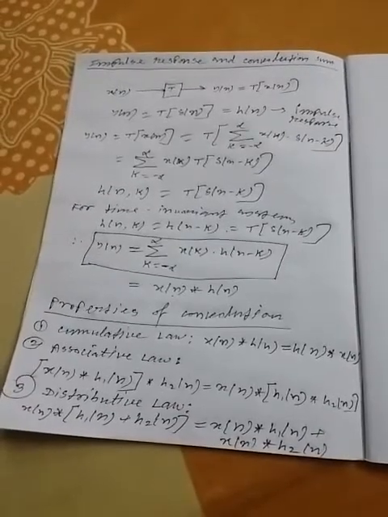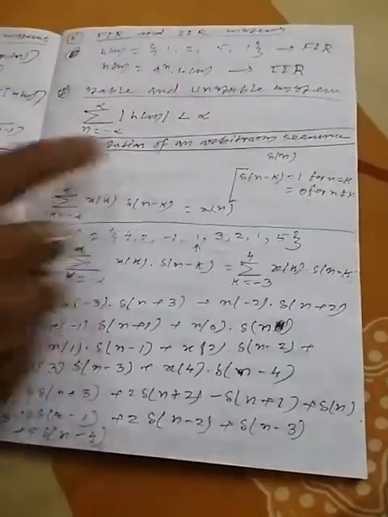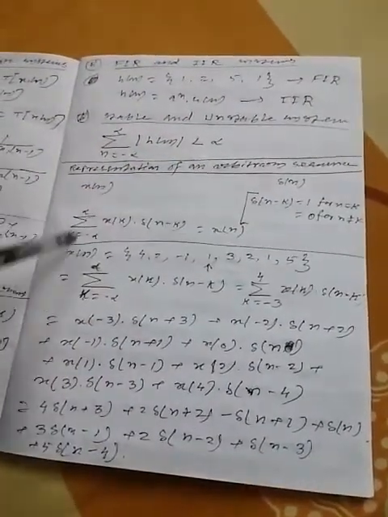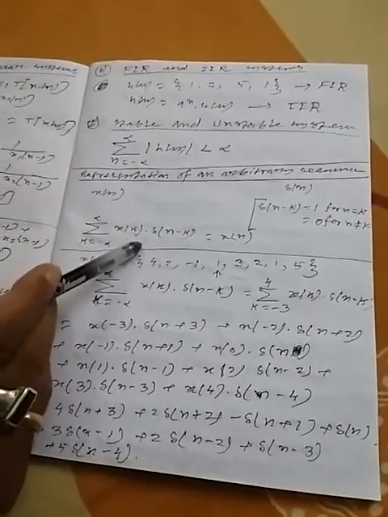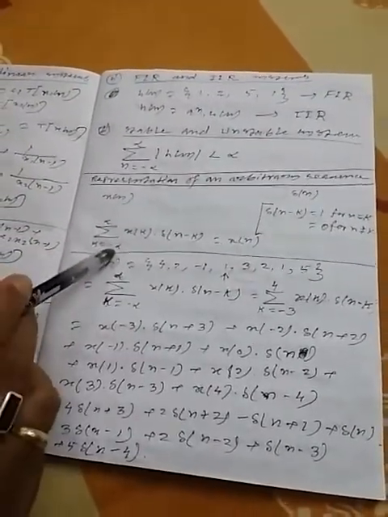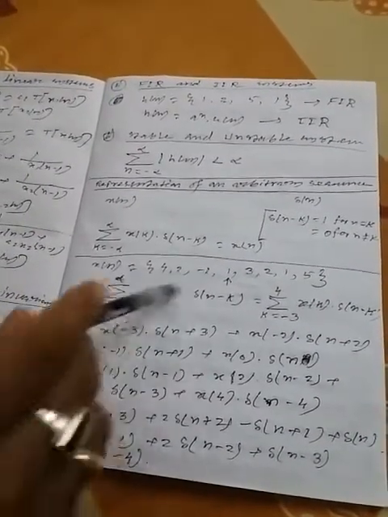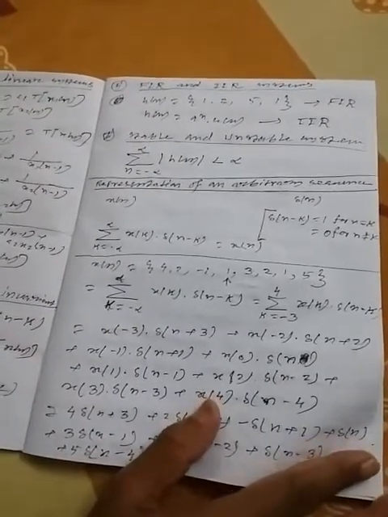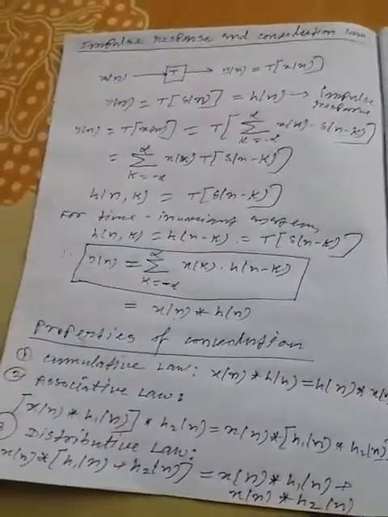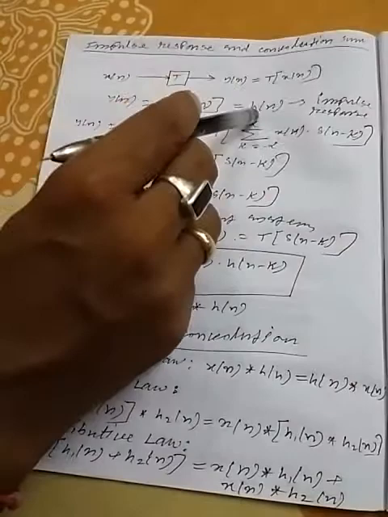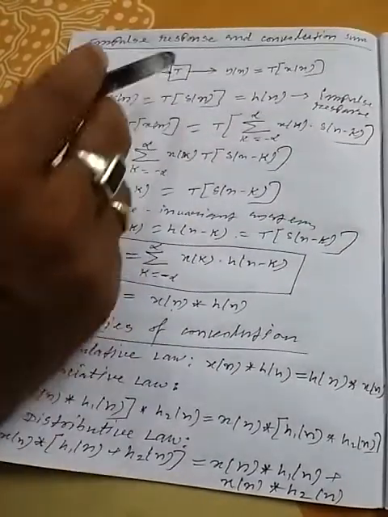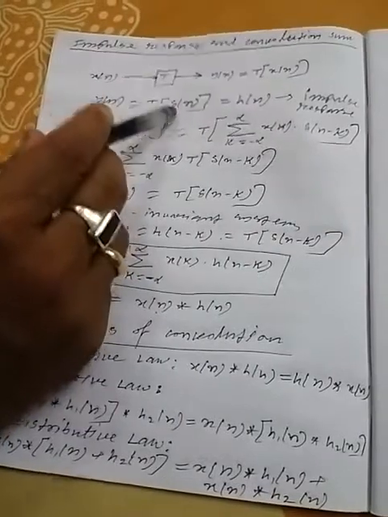Now from this video what we learn? We learn about the representation of any arbitrary sequence x[n] in terms of shifted delta function, that is x[n] equals summation k equal to minus infinity to infinity x[k] into delta[n minus k]. This is the representation. There is an example of how to represent a sequence in this form. Now what is impulse response? We know about the impulse response and it is denoted by h[n]. If the input to the system is delta[n], then the response or output of the system is called impulse response.